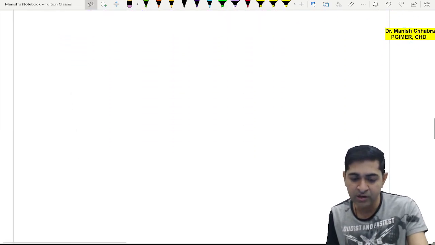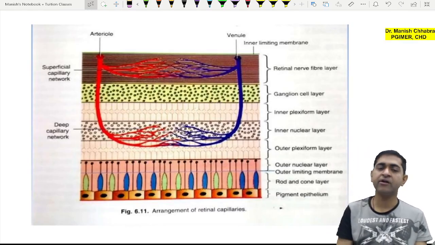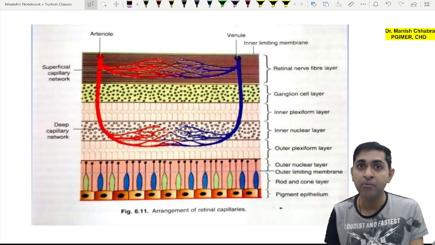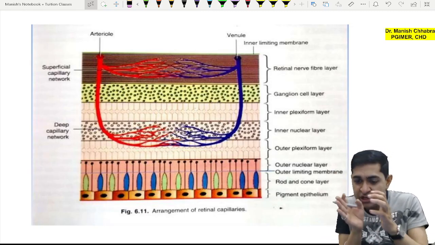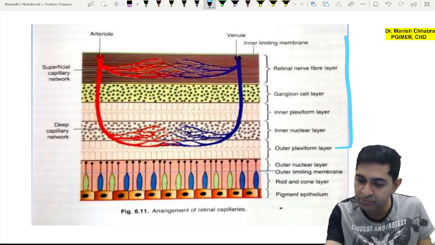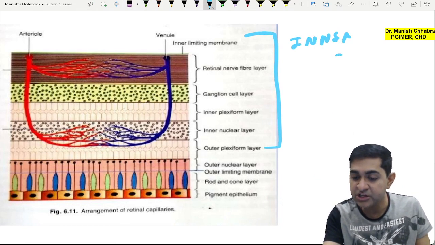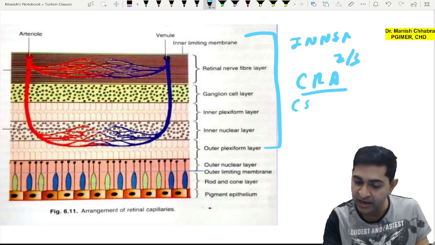Now talking of the blood supply of the retina. So far we have done the blood supply of developing lens. Yes, so blood supply of the eyeball we have done in first episode. Okay, now what happens is the inner 2/3 of the retina, inner 2/3 means till outer plexiform layer, the inner 2/3 of the retina receives its blood supply from central retinal artery, CRA. I'll write it here for you